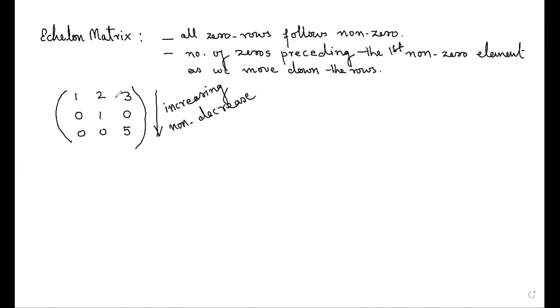Okay. So these are the criteria. If I have a structure of a matrix like this, then we say that matrix is an echelon matrix. Now, one thing that I need to tell you is that every matrix, whichever is given to you, can be converted into its echelon form. Okay. Now see, in the echelon matrix, what are we considering?